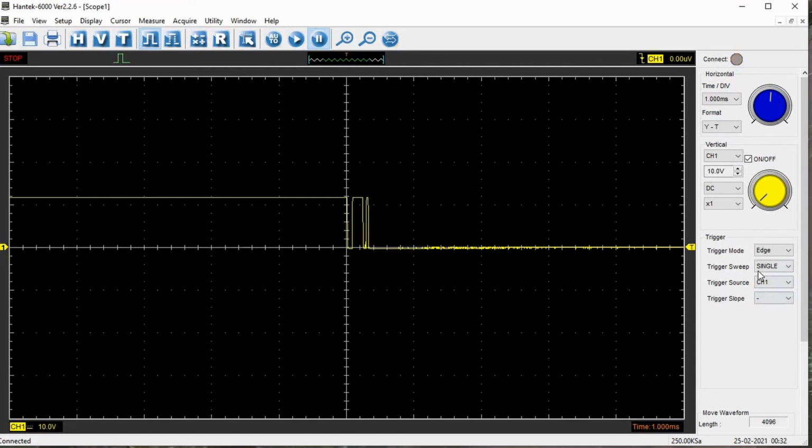So this is how we use a single shot. Basically what we are doing here is capturing the waveform, or holding a waveform, based on some transition. We captured it on channel 1 on a negative transition below a certain point. In some scopes there will be an external trigger. If it is a four channel scope, you can capture all four channels based on some external transition.